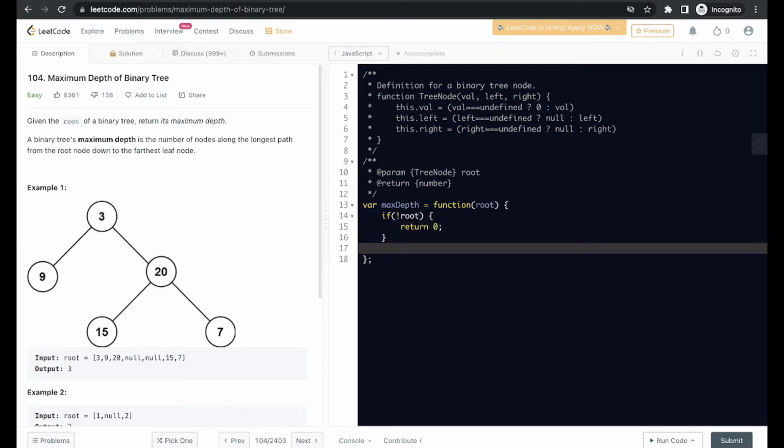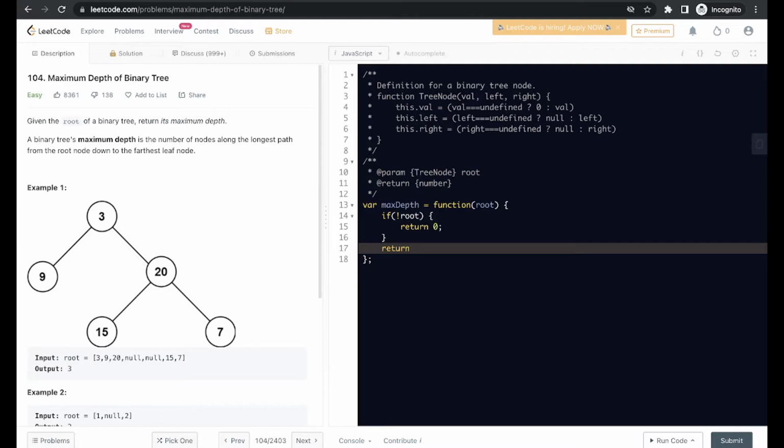Or else, we are going to first call the recursion for the left subtree, then call the recursion for the right subtree, and finally see which of them is maximum. We are going to get that maximum value, and for the entire tree we are going to add +1 to it. Okay, I hope this is clear.